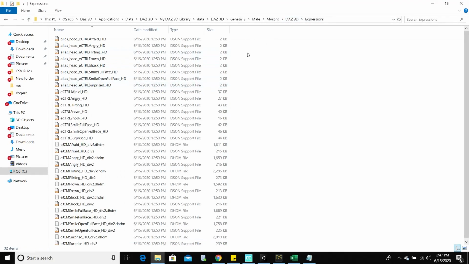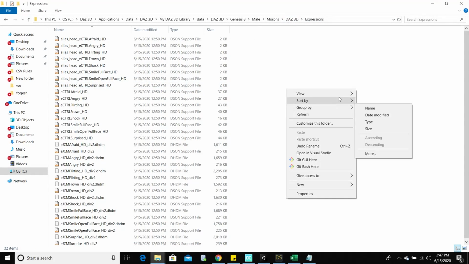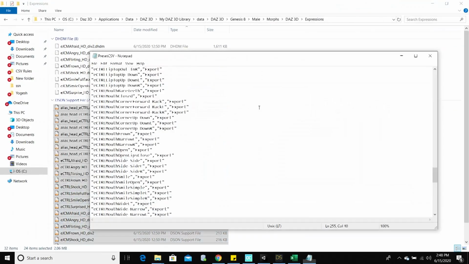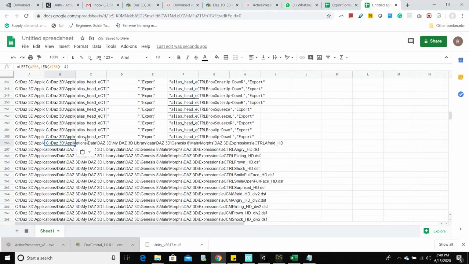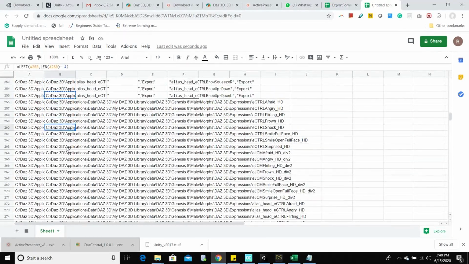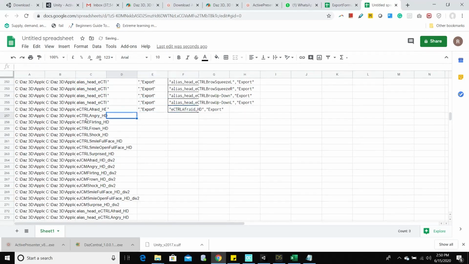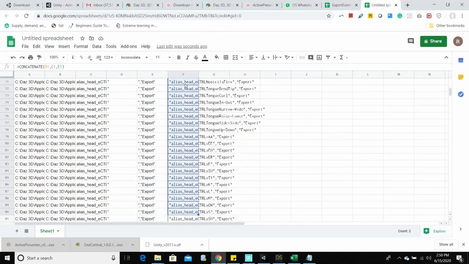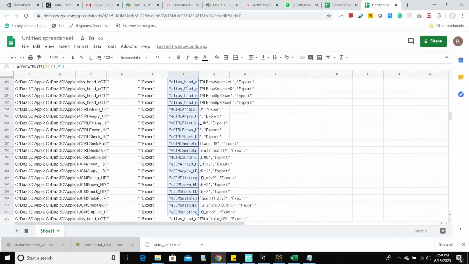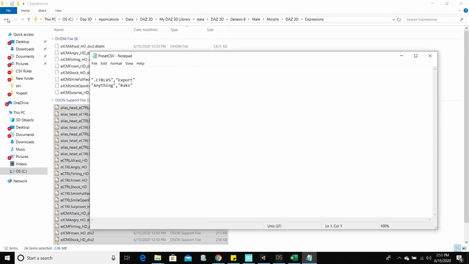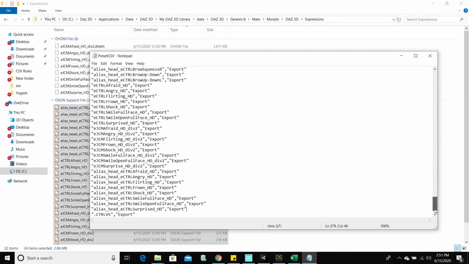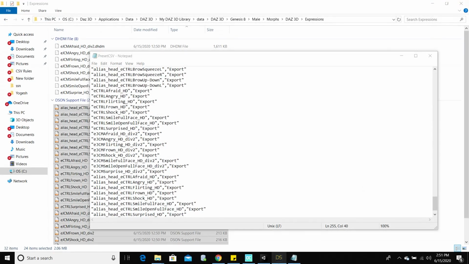Let's now look at expressions files. Let's go inside the expressions folder of our 3D character and repeat the same steps. Please note that it would be easier if you use a spreadsheet software like Excel or Google Sheets to make the preset CSV file. Let's now copy the contents of the last column, which has the desired output. Paste the copied column into the preset CSV file. Save the preset CSV file.